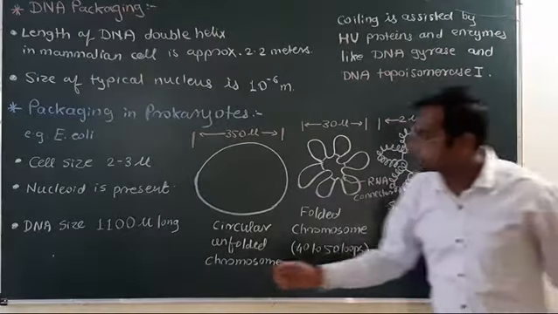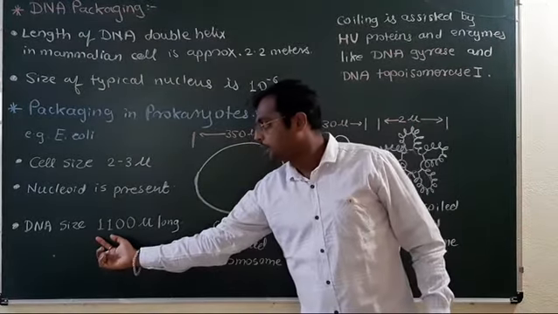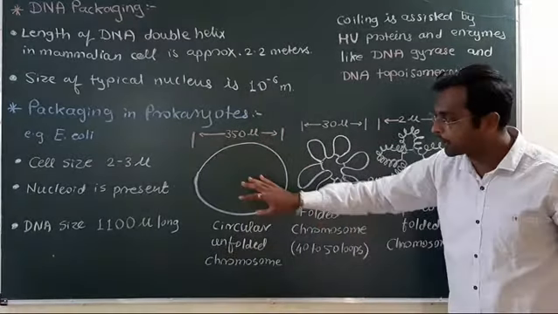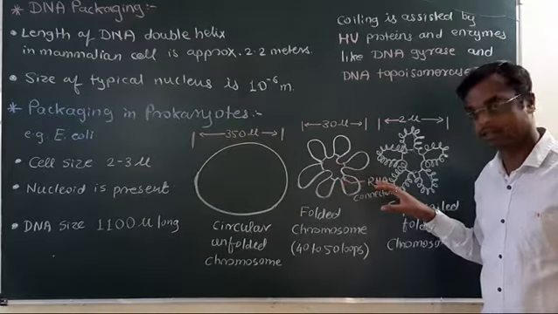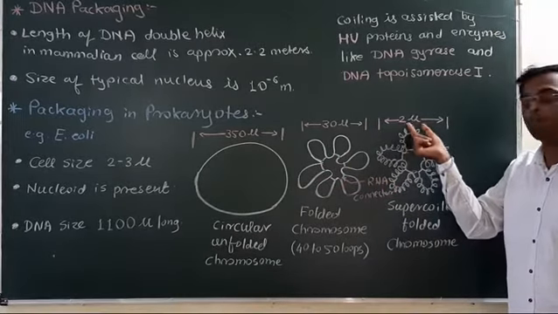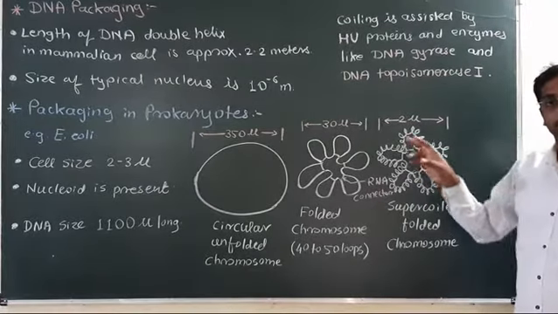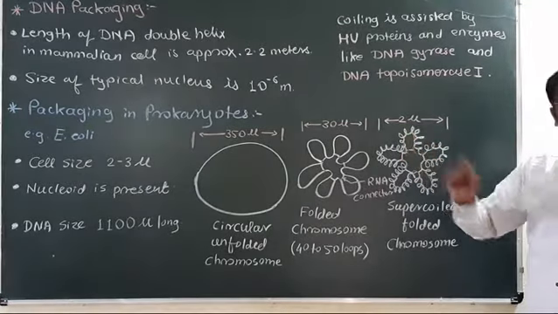Now this 1100 micron long DNA size is reduced by the particular packaging strategy to achieve this 2 micron size, and this 2 micron size fits inside the 2 to 3 micron cell